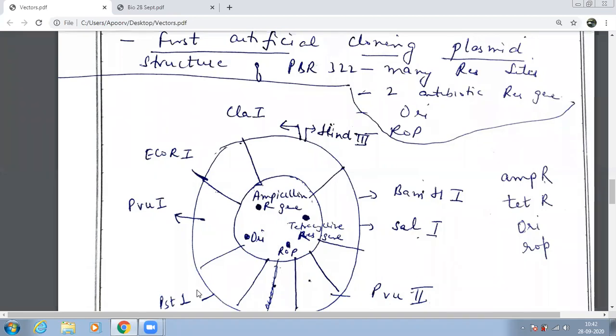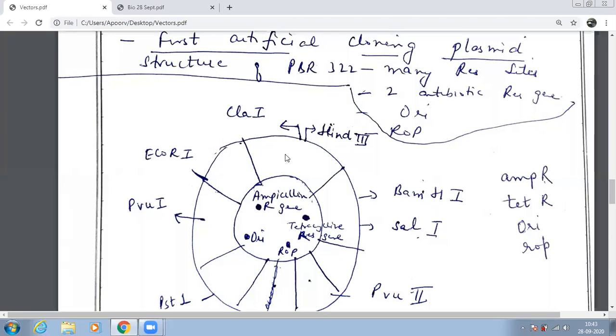Now we come to this. After PVU we are moving on to, tell me, PST1. Which is the next one? PST1. After PST1, again the same one, but instead of PVU2 we are going to name it PVU1. After PVU1, very close to this Indochina here, is this. This is Eco R1. This one is your Eco R1.